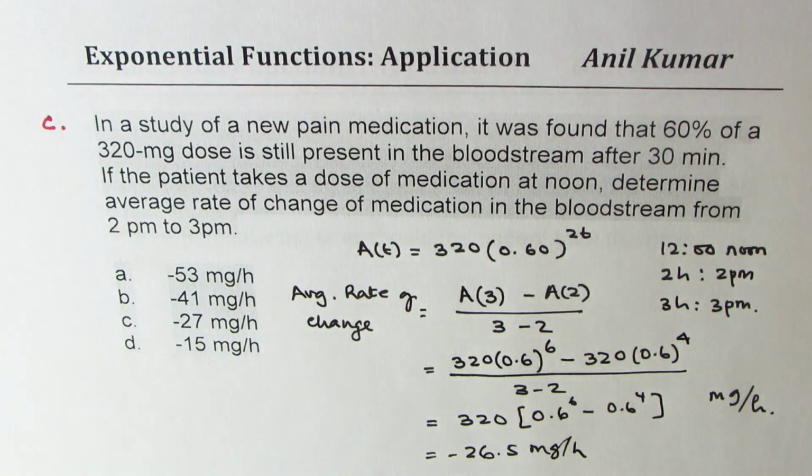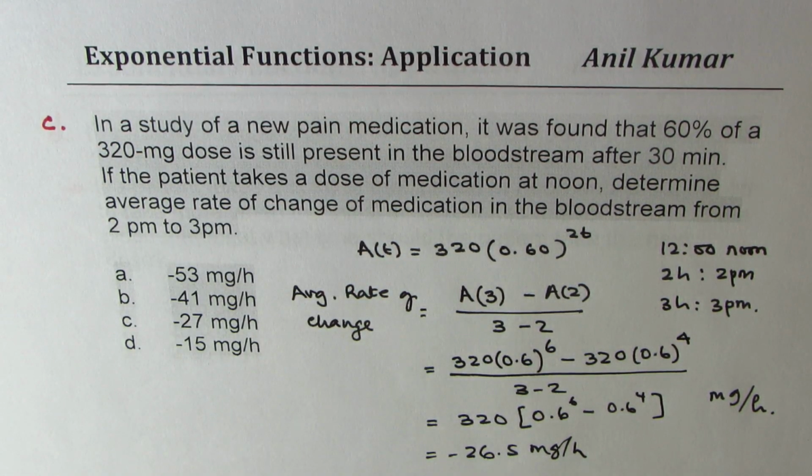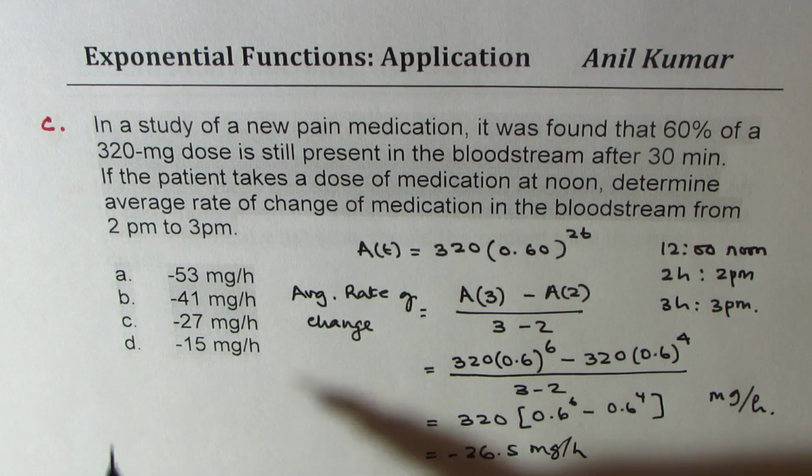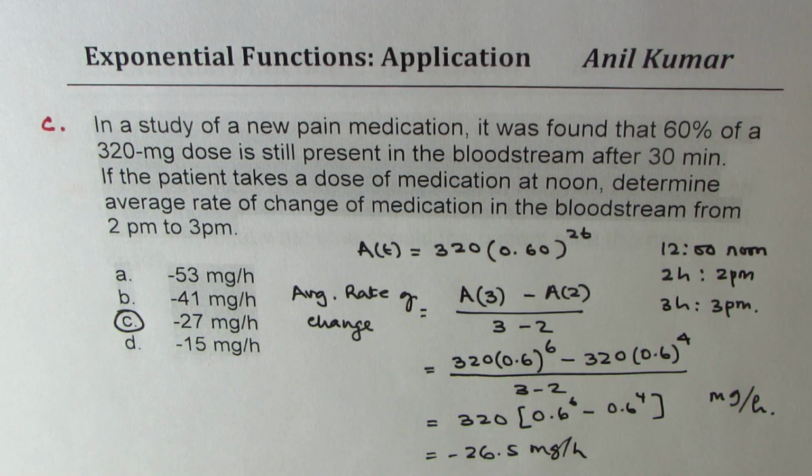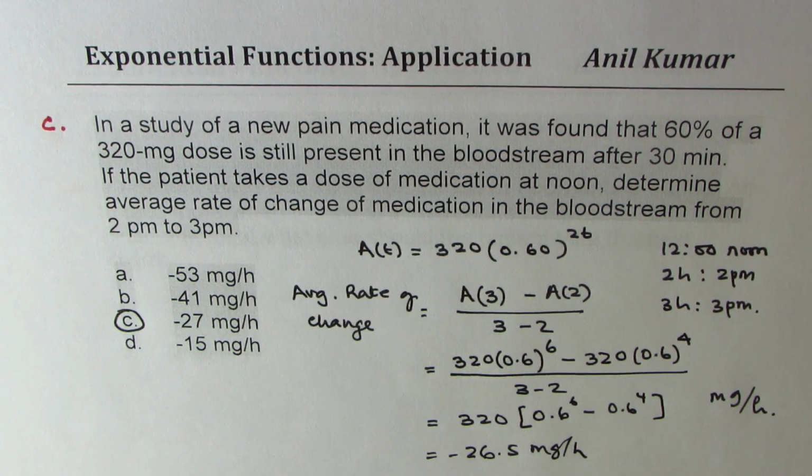Now minus indicates decay, right? So the concentration is decreasing. The answer which matches is C, which is minus 27 milligrams per hour. So I hope these steps are absolutely clear. It's a very important part of this question. Now let's move on to the last part, which is